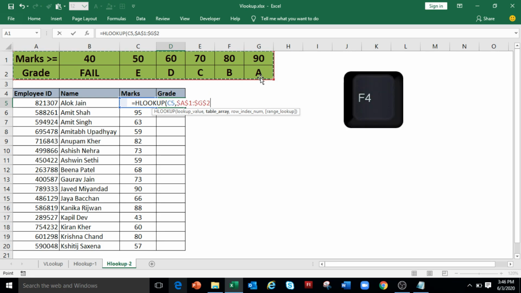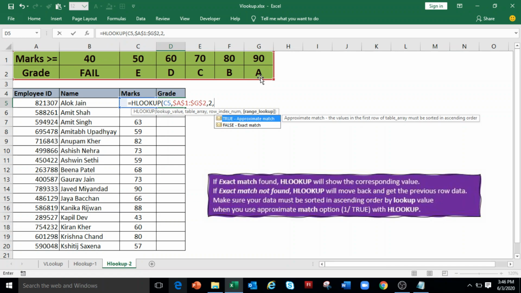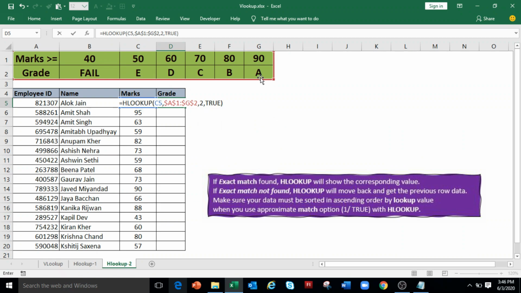Press F4 for absolute reference, comma, the required grades are in the second row, so type 2, comma, type 1 or type TRUE for approximate match. Closing bracket and press enter.